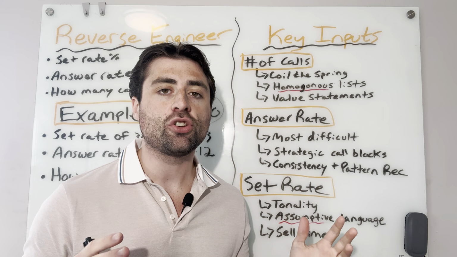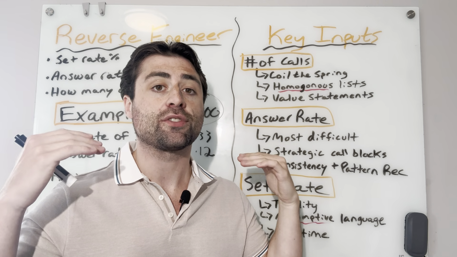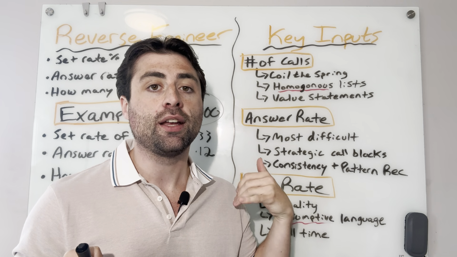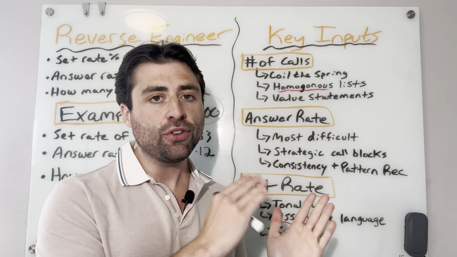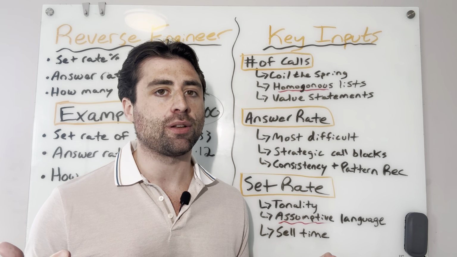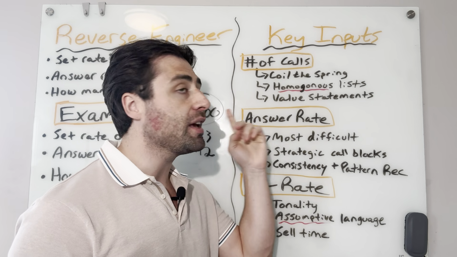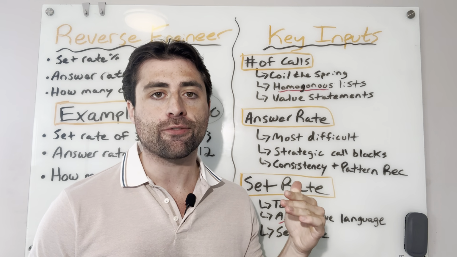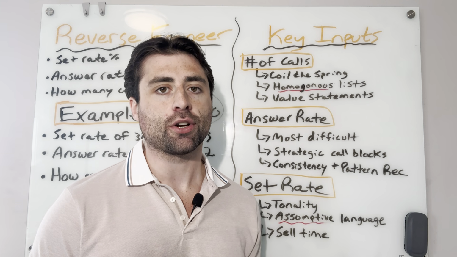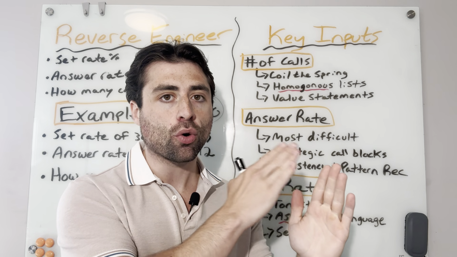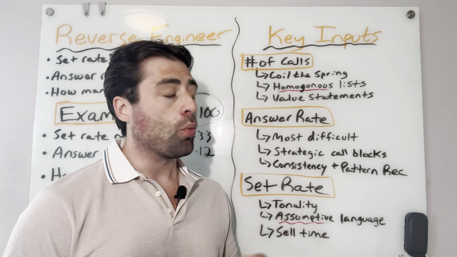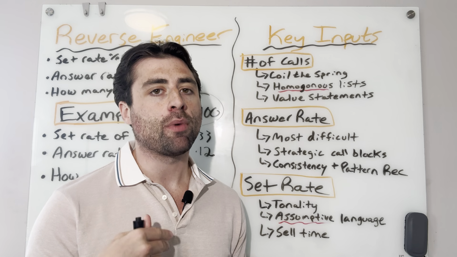So again, you need to reverse engineer what goes into a cold call. Typically, you have to pick your accounts, make your lists, think about the templates that you're going to use for each of those contacts on that list. This is day-to-day stuff you consistently have to do throughout the quarter each day that will add friction and make it harder to make more calls. So what I say is coil the spring, do this all up front. So you spend some upfront time making all of your lists, making the scripts and templates that you're going to use to target those lists, so that throughout the quarter you can then just focus on execution and not have to do that throughout the middle of the day. When it comes to list building, you want to make them as homogeneous as possible.